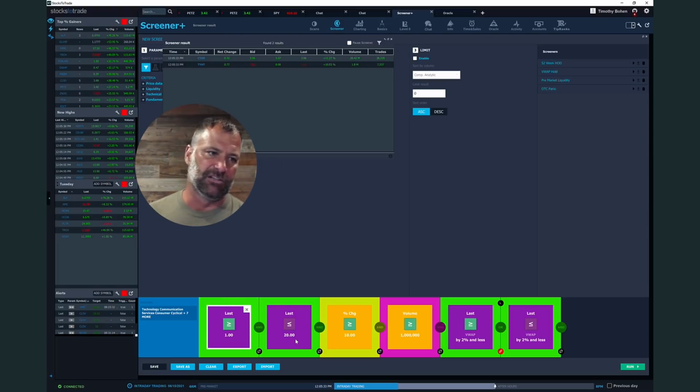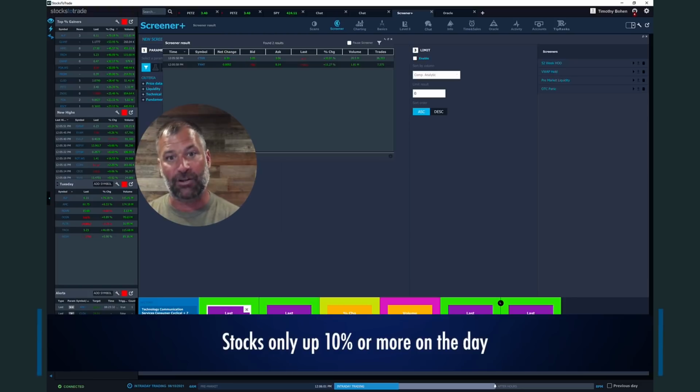That is because the lower price stocks make the bigger moves. Not that a $25 or a $50 stock can never move higher, but it's just less likely because the higher price stocks attract fewer degenerate day traders. We are attracted to that. You're probably watching this video because you're attracted to low price stocks because of the big potential moves. So $20, my threshold. Next thing I'm looking for is only stocks that are up more than 10% on the